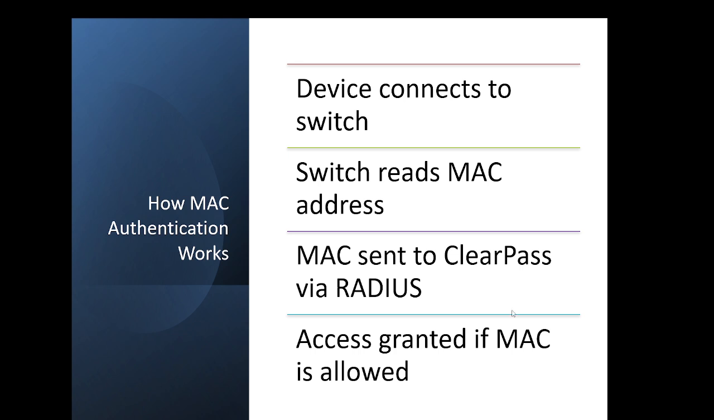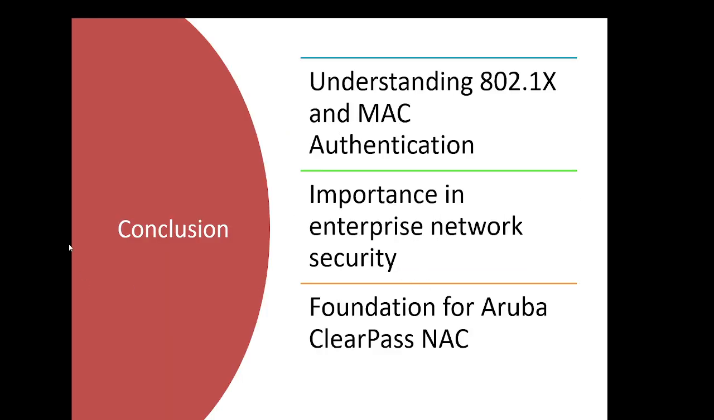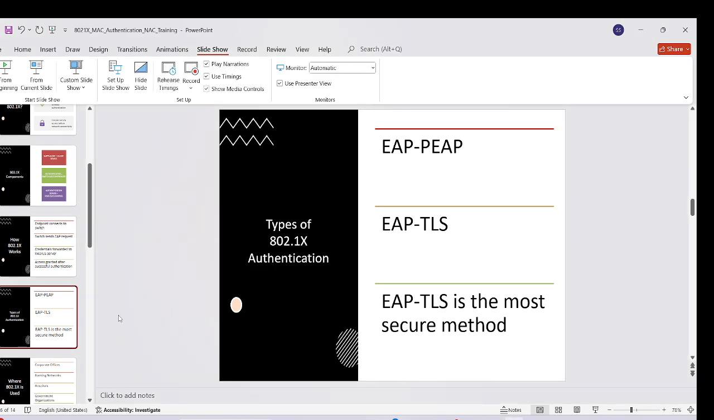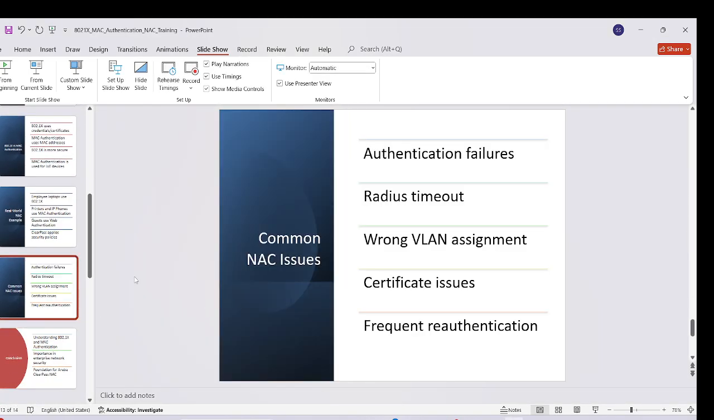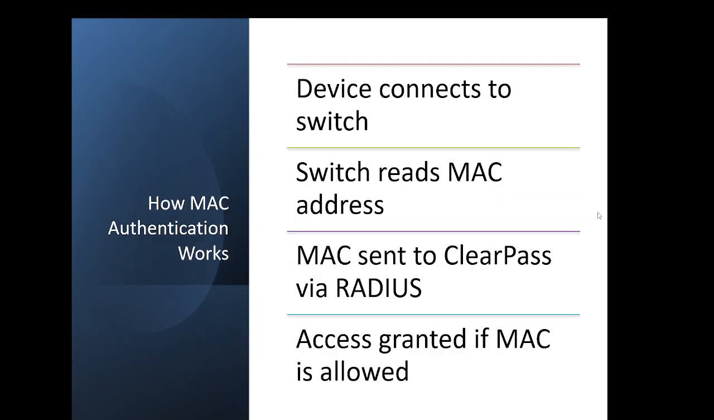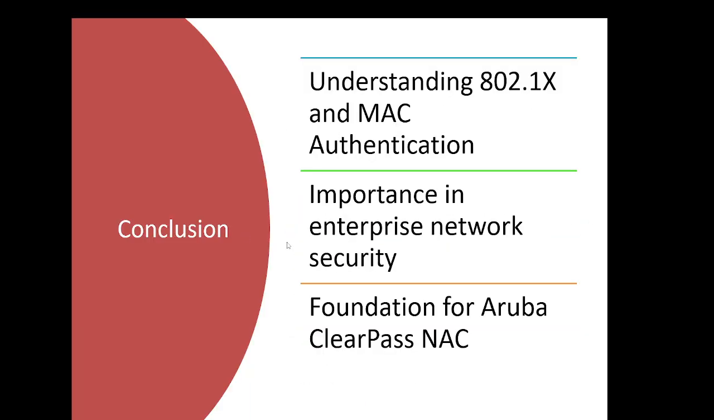Common issues in enterprise networks sometimes include authentication failure, RADIUS timeout, wrong VLAN assignment, certificate issues, frequent reauthentication, and MAC learning issues. This is where a NAC engineer performs troubleshooting using Access Tracker, RADIUS logs, switch debug, and packet